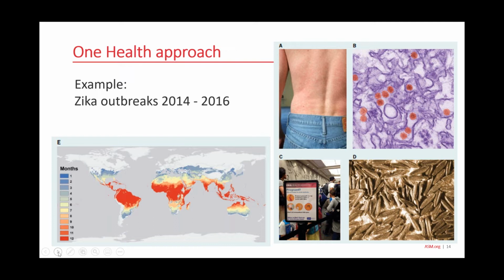Since human populations are clearly continuing to expand, the interactions between humans and animals and the environment are only going to increase. So we want to encourage our readers to view biologically important issues through a One Health lens as a way to understand this crosstalk between humans, animals, and the environment. And we've referred back to it frequently in the book. Our students will be the ones trying to address or solve these really complex problems. And this is going to require a collaborative and multidisciplinary approach, which is something that the One Health framework really embraces.